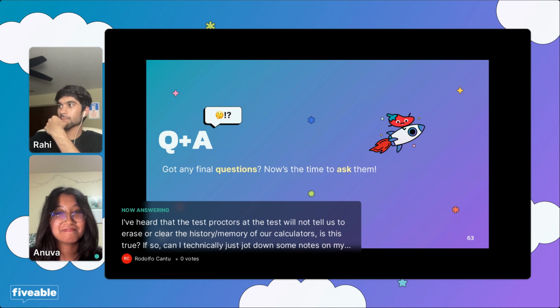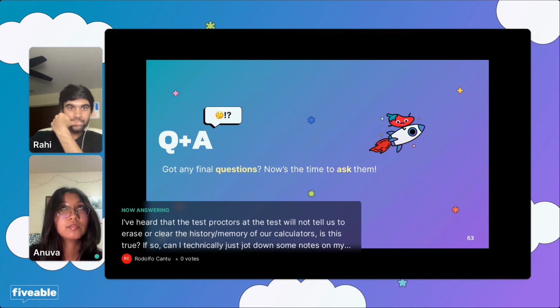Guys, we do not support this. Yeah, I also would not do that for sure. Not only are you harming yourself, but you're harming everyone else taking the exam. If they suspect someone is cheating within the exam room, then they're canceling everyone's score in the exam room. So you don't want that.